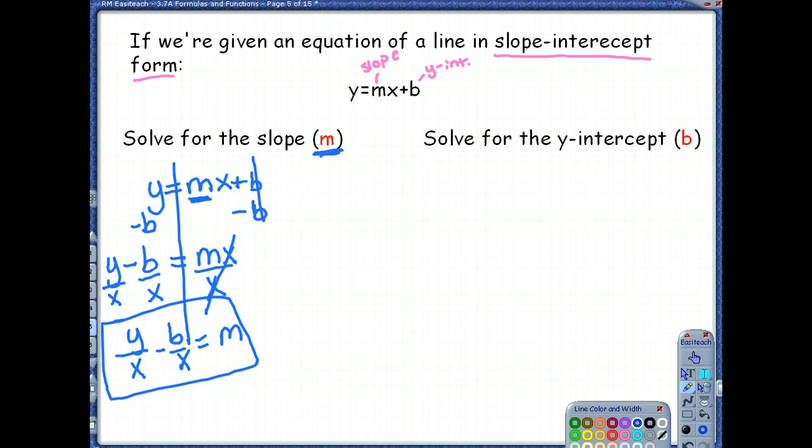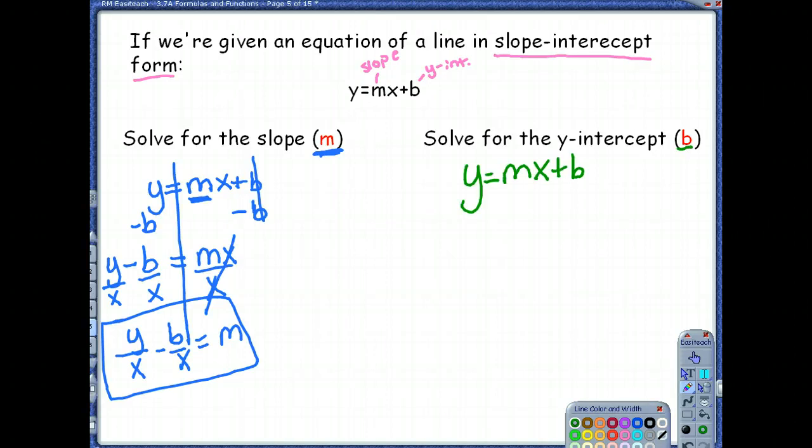Notice this piece, we had a couple of steps we had to do. We had to first remove the b, because anything that's added or subtracted will always remove those pieces first. The last thing we want to do is divide by whatever's being multiplied by the variable that we're trying to isolate. We're going to do that exact same process now, but this time